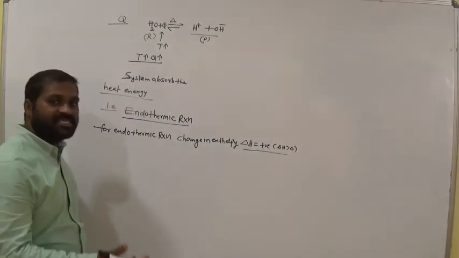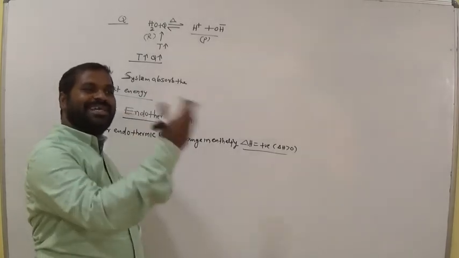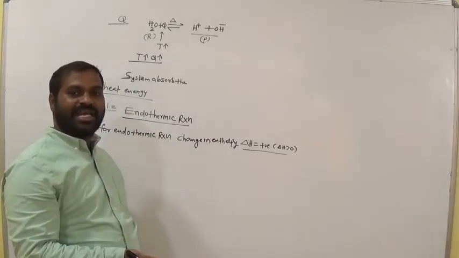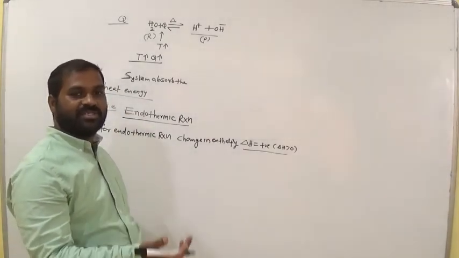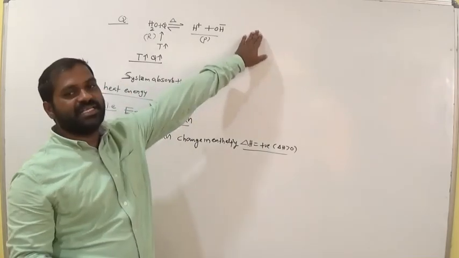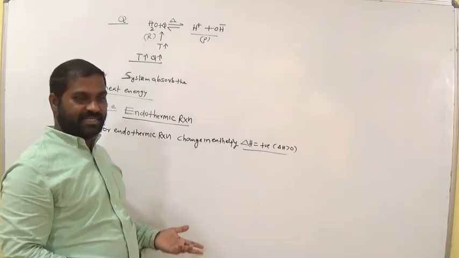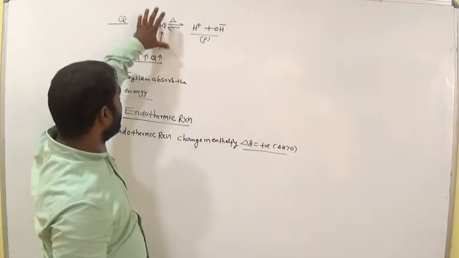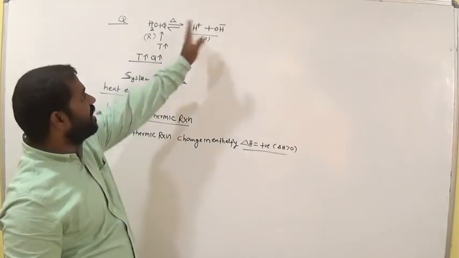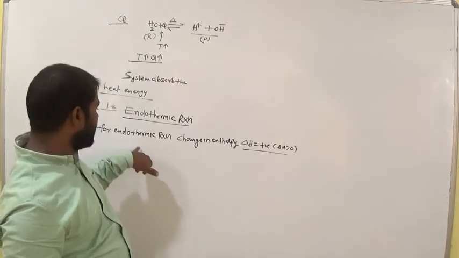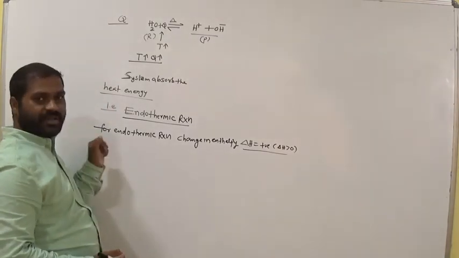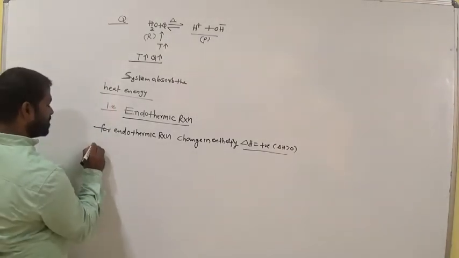For exothermic reactions, the amount of heat energy is released in the reaction, that is delta H is negative, and we call it exothermic. After the reaction, heat energy is released at the product side, then we call it an exothermic reaction. So here we offered heat energy to the system, it undergoes ionization, that means it is an endothermic reaction. Now delta H